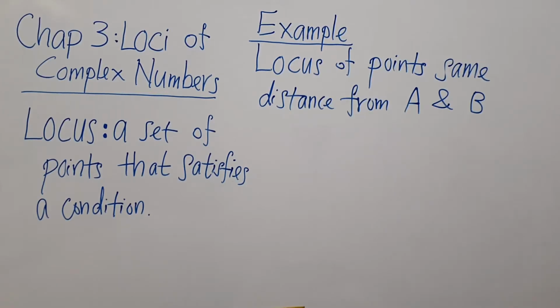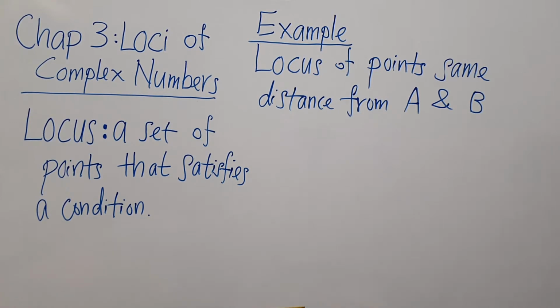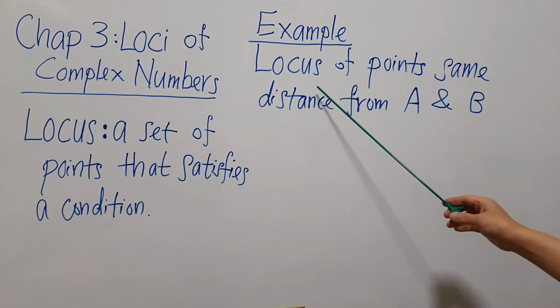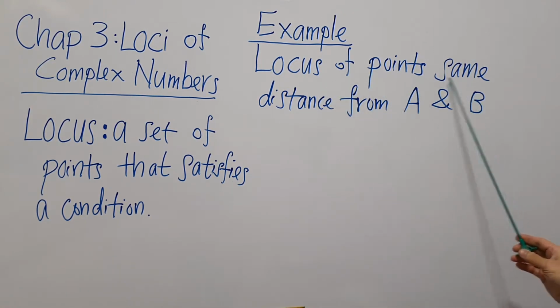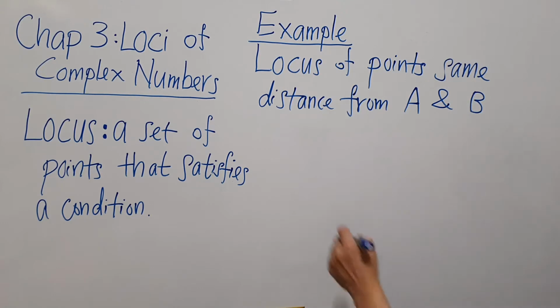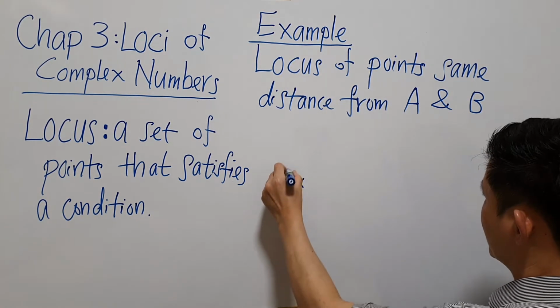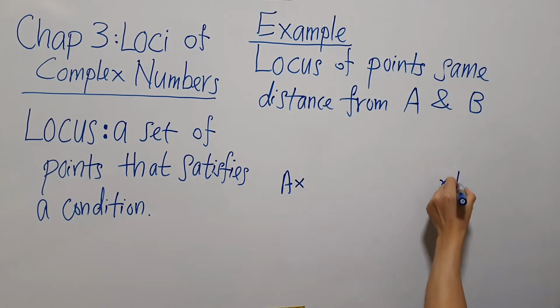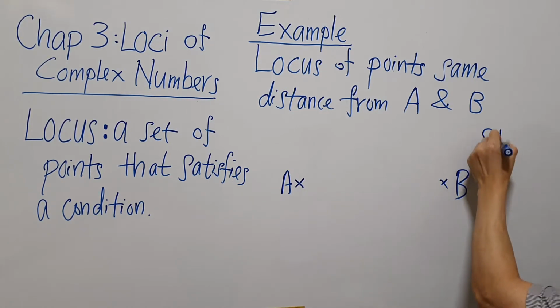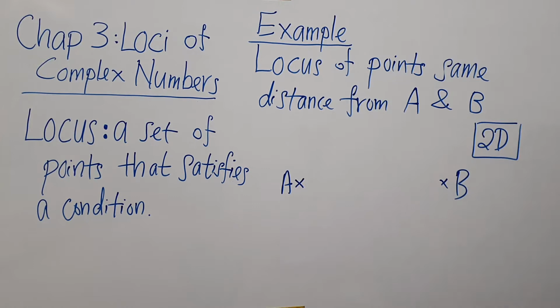In Chapter 3, loci of complex numbers, the word loci is the plural form of the word locus, which refers to a set of points that satisfies a condition. For example, if you are interested in the locus of points the same distance from 2 points A and B. So if you have 2 points, A and the second point B, in a two-dimensional plane, in 2D, the set of points which are the same distance from A and B